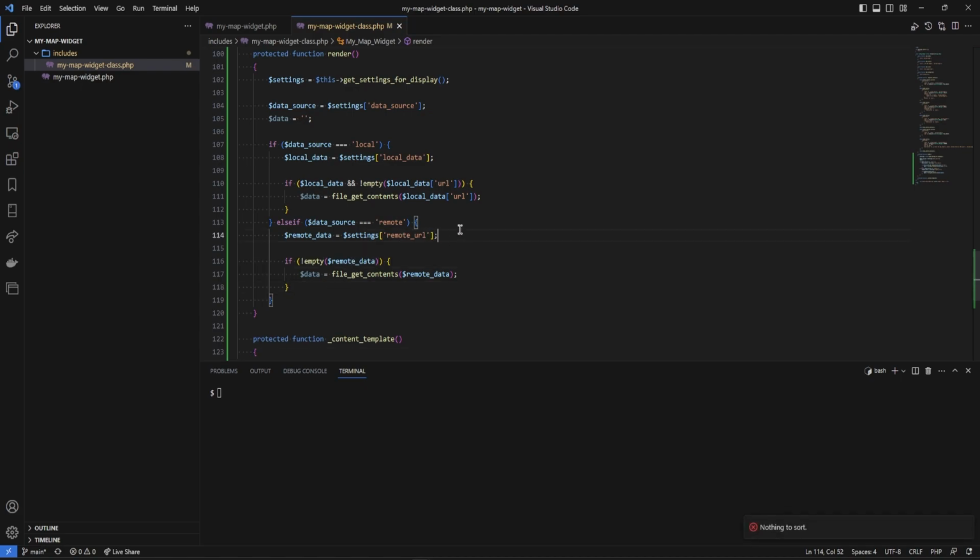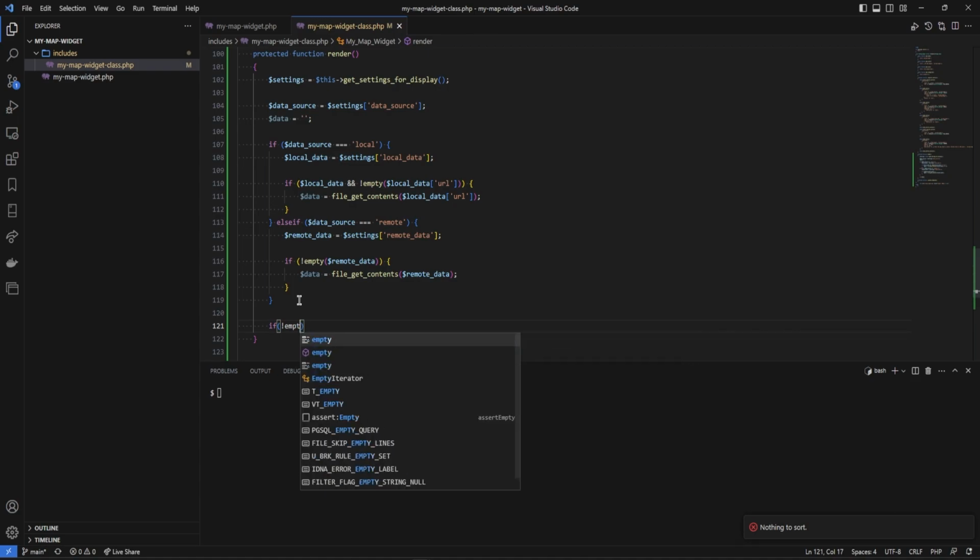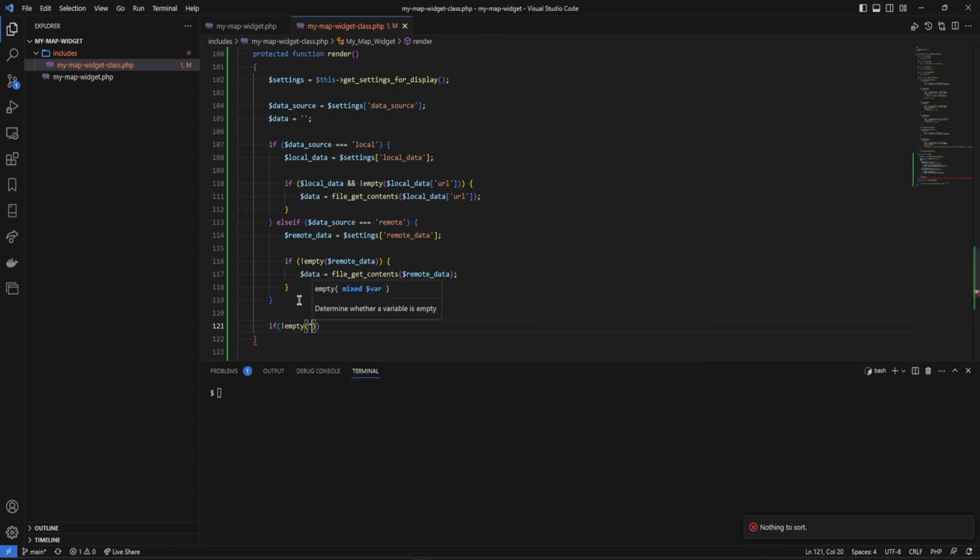So here we just check if we have remote URL set. This has to be remote data. So here we just check if remote data is set, then we have our data set. We will check if we have any data. So if not empty data,